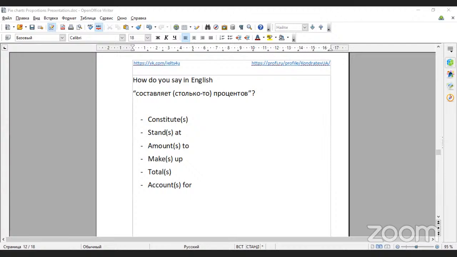Forms a tiny portion, accounts for. Okay, Paulina, yes, you can also say. I would still say constitutes, not forms. No, probably it doesn't sound very nice. I wouldn't say that. But constitutes, that's the best one. And there are some synonyms as well. Now, what else do we need for